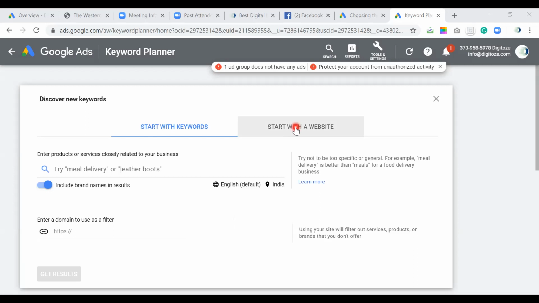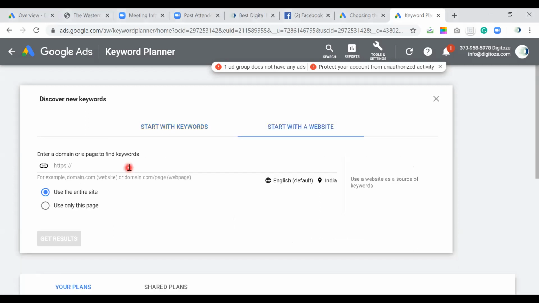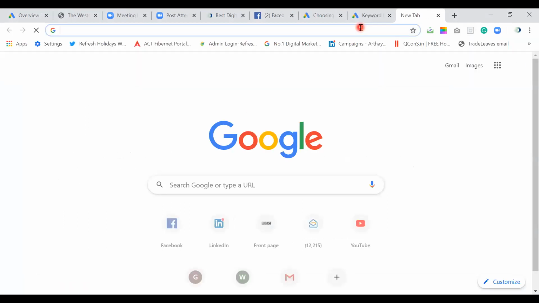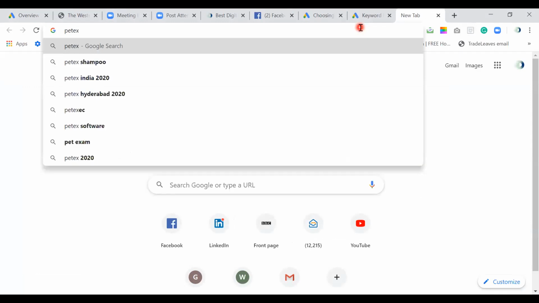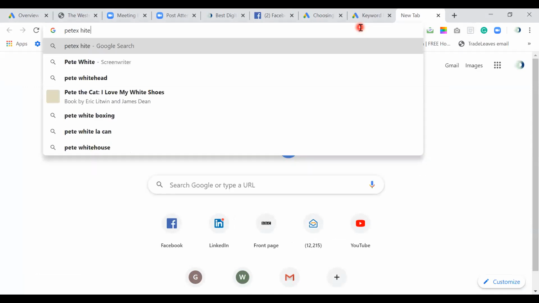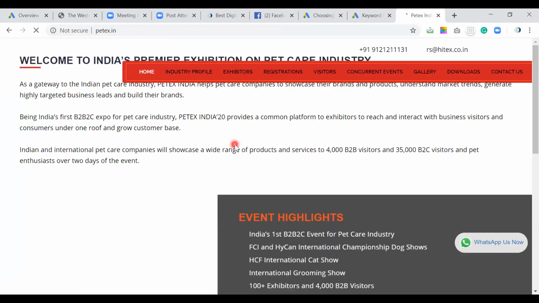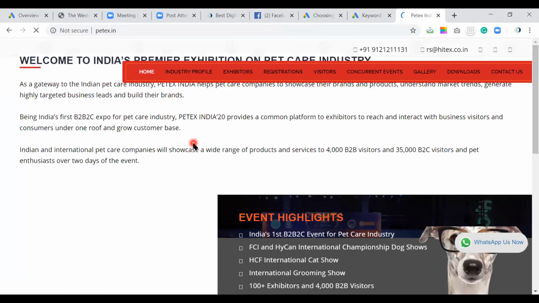Here we'll be taking the example of a website for an event which is going to happen in HITEX called Petex. We will just open that. This exhibition is all about all kinds of pets, be it dog, cat, or other pet animals, whatever pet animals we know.